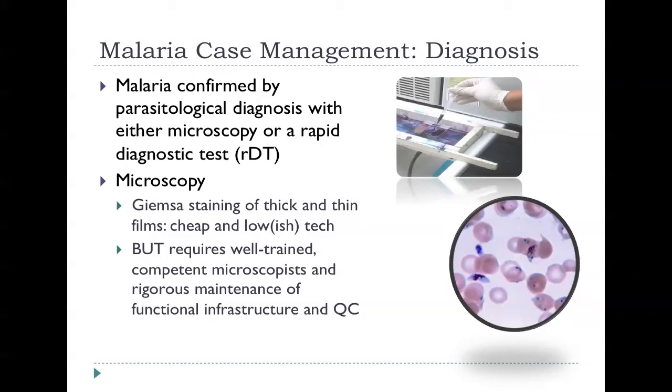You can either do microscopy, so you can stain up the malarial films. You take some blood and you make a film of it on a slide. You can make a thin film or a thick film, stain it with the so-called Giemsa staining technique, and you end up being able to look down a microscope and see this kind of picture here, where you see these ring forms inside the red cells. You do actually see a few gametocytes here as well, which is unusual. I don't think I've ever seen a gametocyte on one that we've stained ourselves. You can see them in ones that have been prepared by others sometimes. Anyway, it's very cheap, very quick and straightforward, but that's looking at it